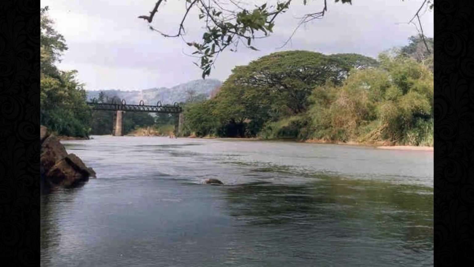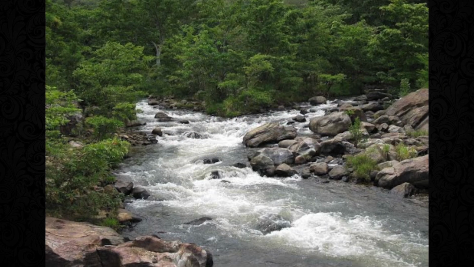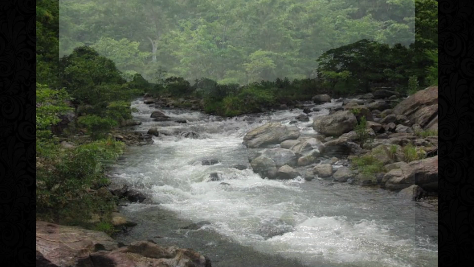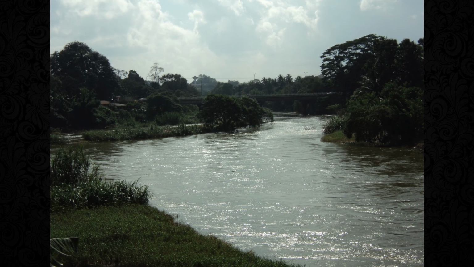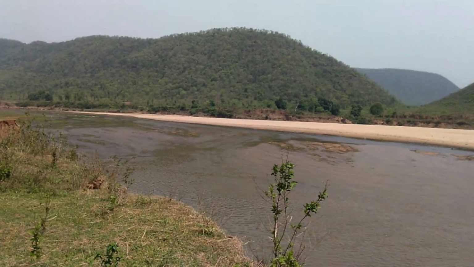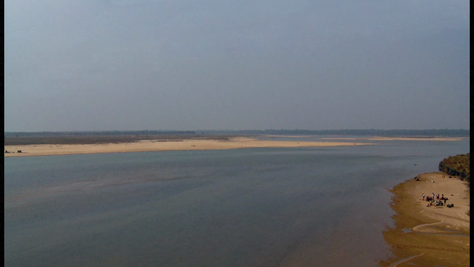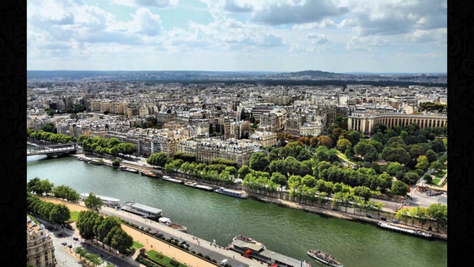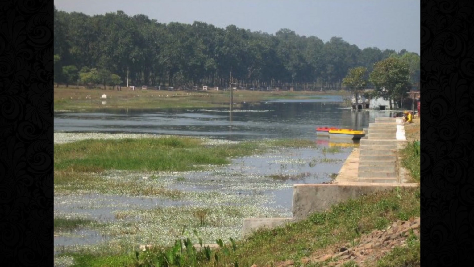They are basically consequent streams since they follow the slopes. The entire drainage network of Sri Lanka exhibits the best examples of radial pattern of drainage. The upland situated in the southwest of Ranchi city has given birth to radial drainage pattern, wherein the South Koel, the Subarnarekha and the Karo rivers take their sources and radiate in different directions. The Central Plateau of France, the Laurentian Plateau of Canada, and Amarkantak in India also have radial drainage pattern.